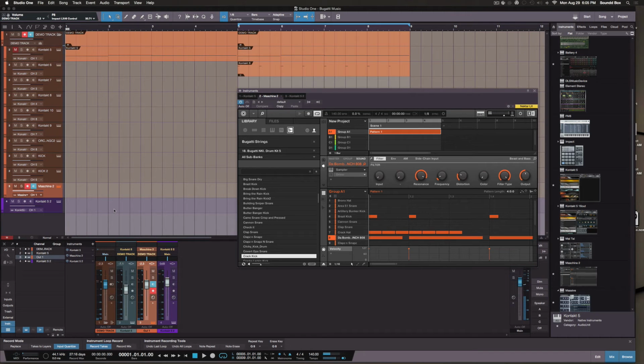So as you know, inside of Maschine, you can play around with the ADSR, the attack, release, decay, sustain, that type of thing. And so that's what I did here, just so my samples won't overlap each other. And that's how I was able to get